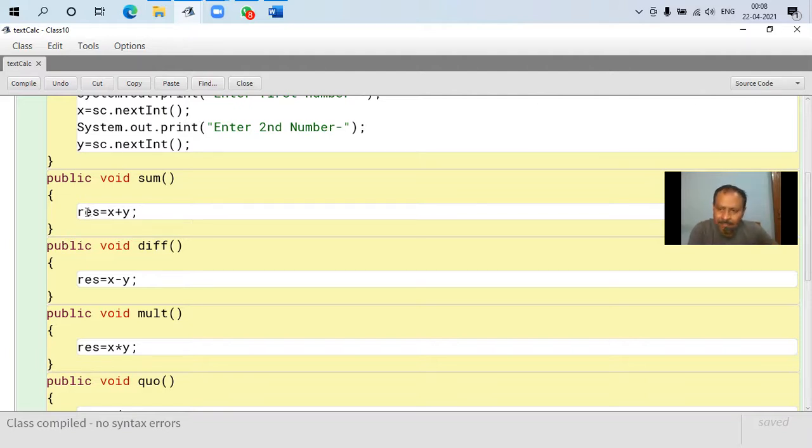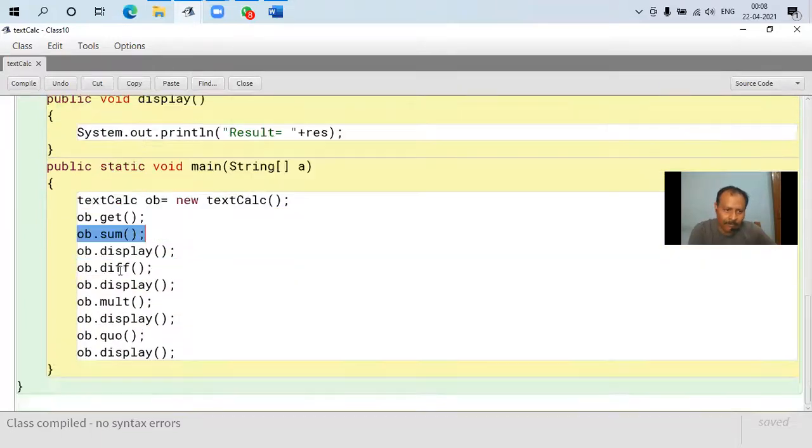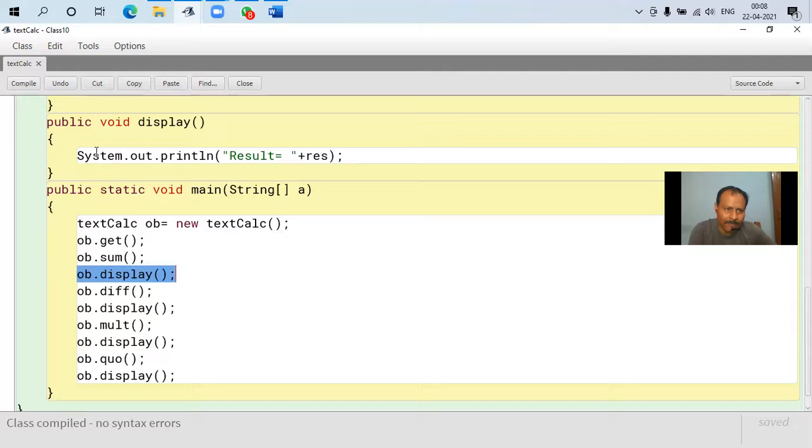So this is just the short form of result. We had stored the sum of x and y in result, and then what is the third statement? It is display. What is display? Display is just showing you the result. Similarly, we need to execute the difference and display the result, then the multiply and display the result. So we did it separately.